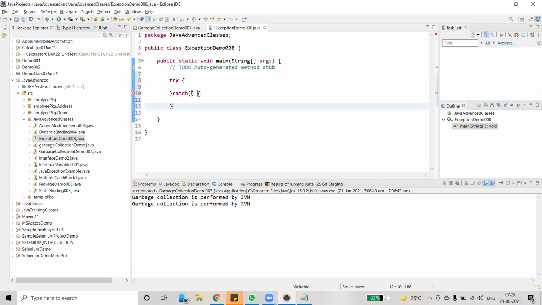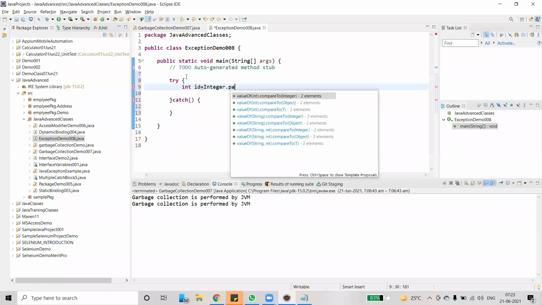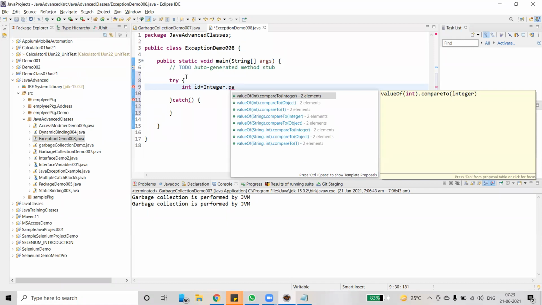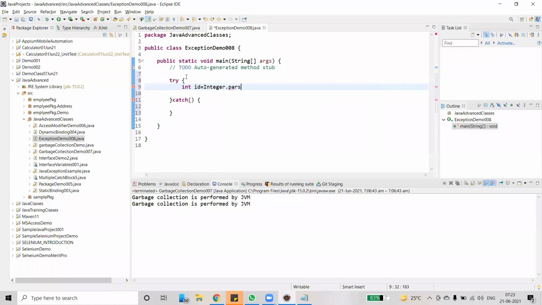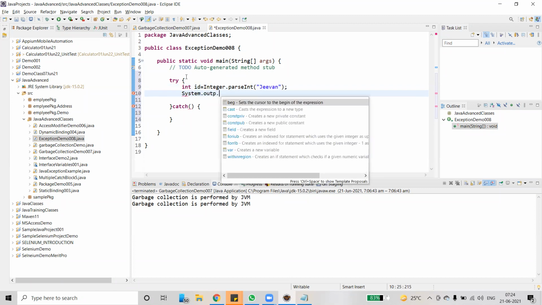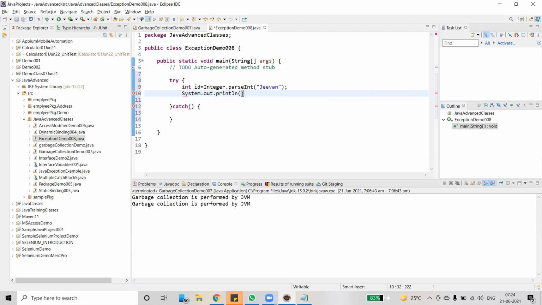Then we'll see catch block. In the try block, I'm just giving an integer: id equals Integer.parseInt of g1. Then System.out.println of